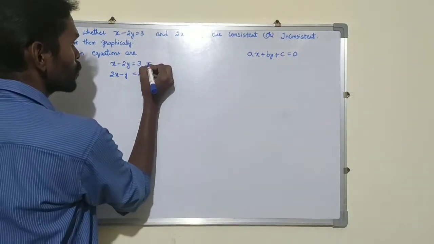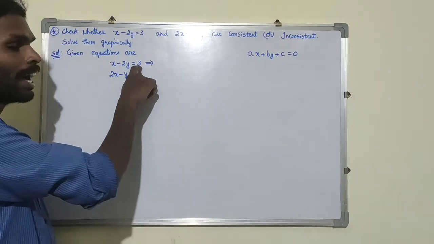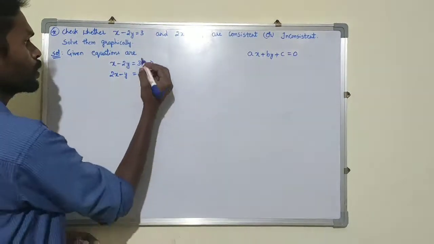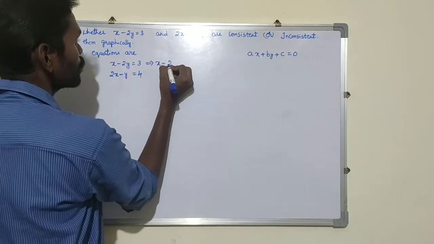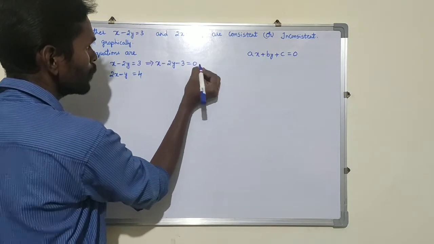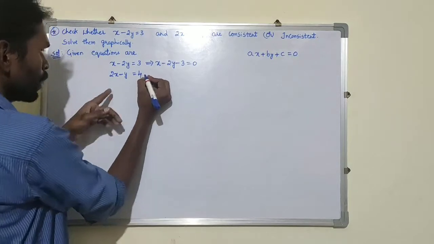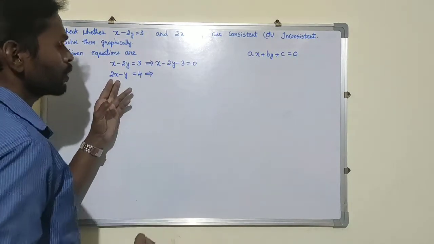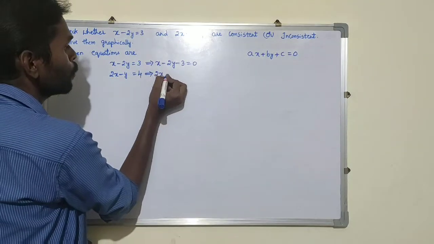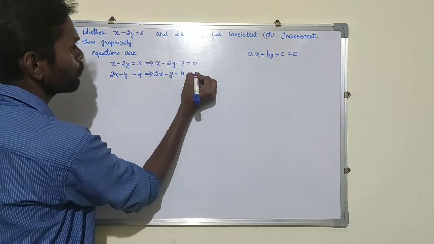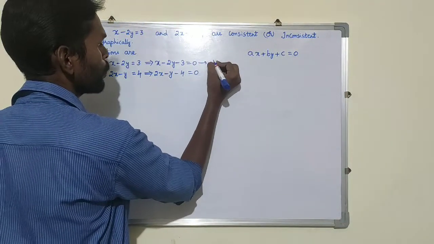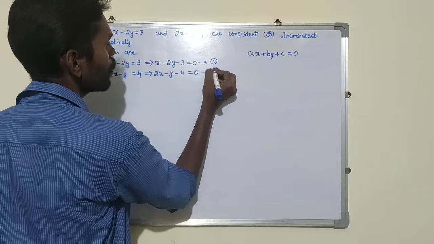After conversion, how will these equations become? See, in the RHS part, 3 is there, you need to send this 3 this side. Then it becomes x minus 2y plus 3. If I send this side, it will become minus 3 equal to 0. This is one standard form. In a similar way, convert the second equation. Bring 4 this side: 2x minus y minus 4 equal to 0. Now number the equations. Let this be equation number 1. This be equation number 2.